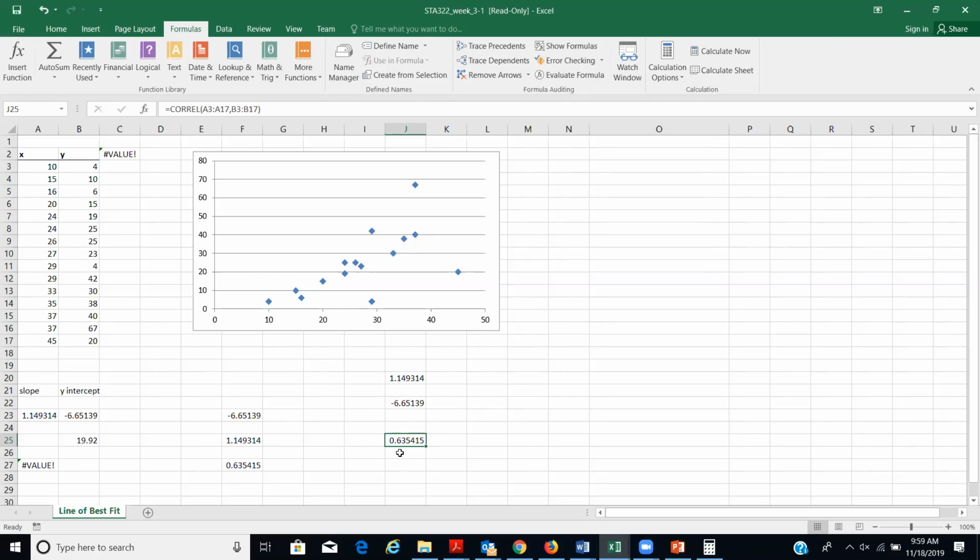If it had been 0.15, we'd say, maybe not. All we're doing here is, the interpretation is that these data are somewhat correlated. They follow the same analysis. Now,